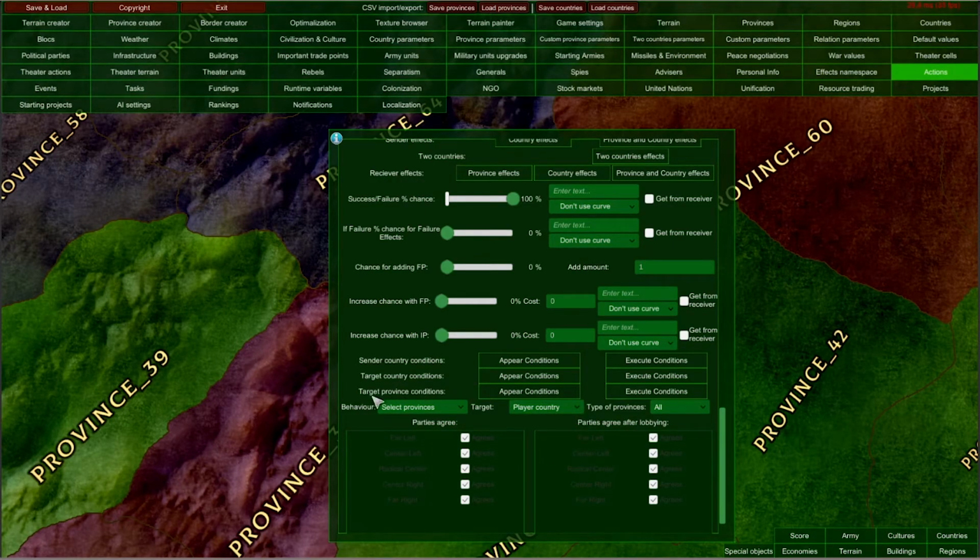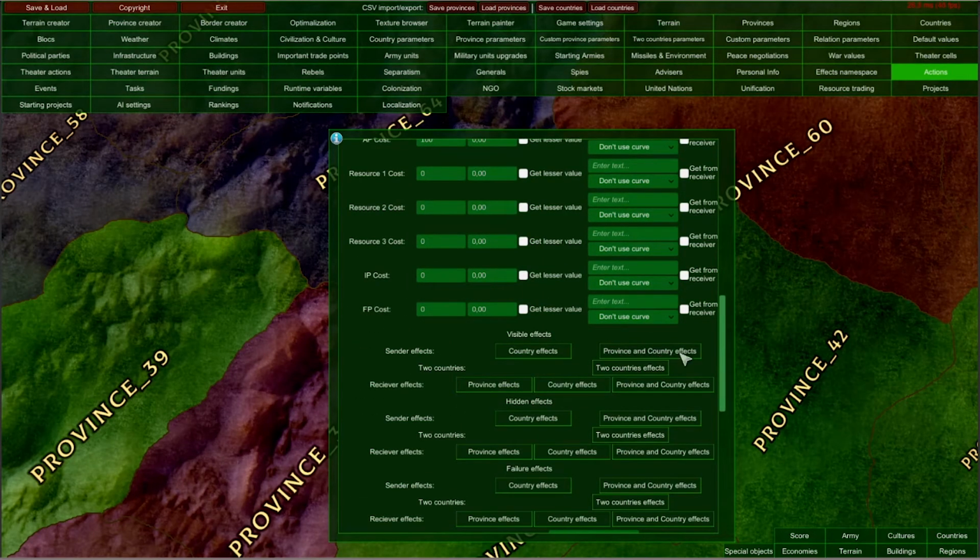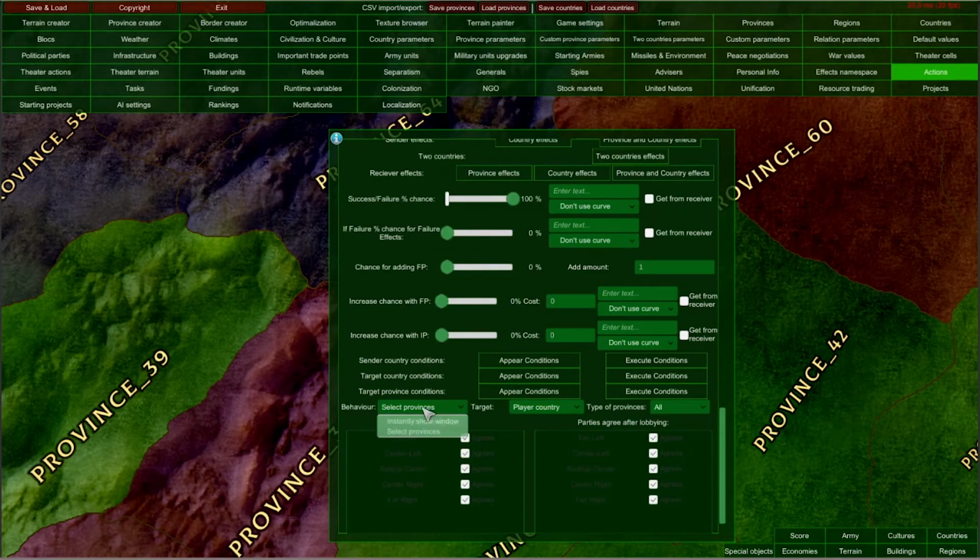And those settings are pretty important if we are, for example, trying to acquire a province or acquire a core, or use any other interaction using some of the province and country effects that require us to choose a specific province. But in this case, we are going to leave this setting at instantly show window.